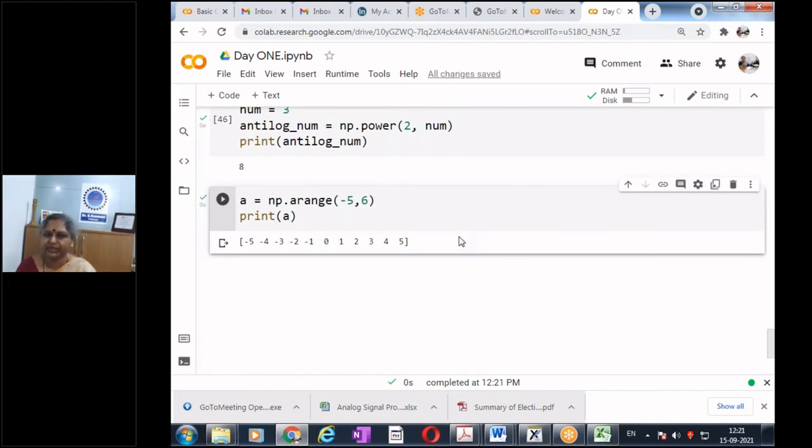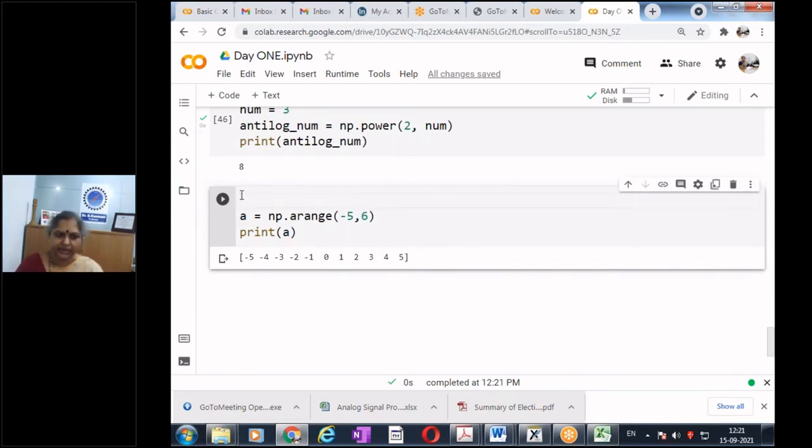What do you think is happening here? np.arange, what is happening here? If I want to describe this function, what should I write here? np.arange is start, end.